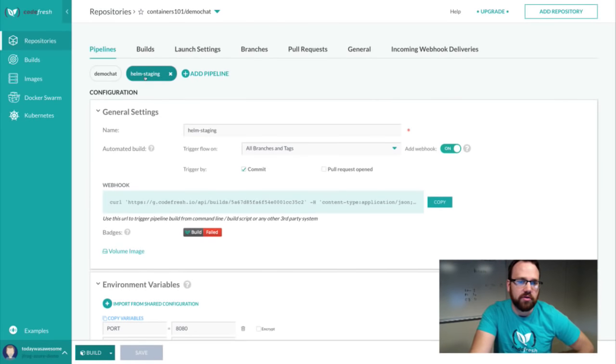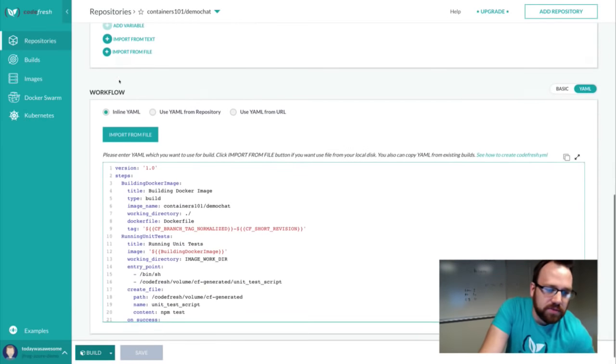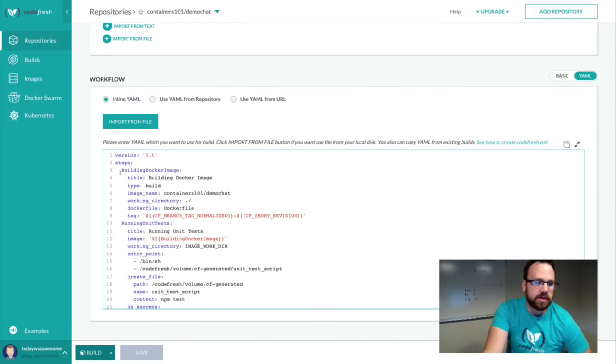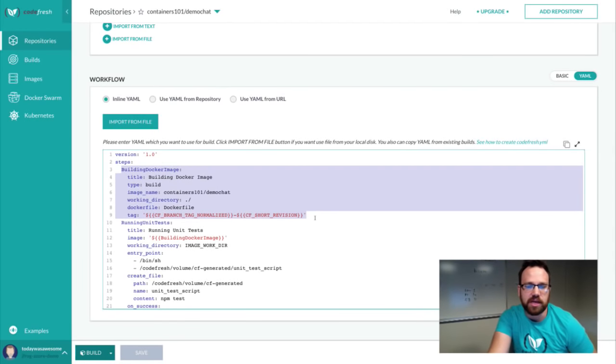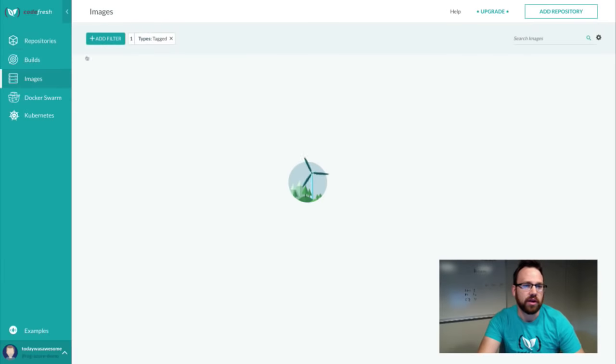The pipeline I created is this one. Now, this pipeline basically has a couple of steps. First, it's going to build the image. And one of the things that you'll see that I'm doing, and this is something I would suggest as a best practice, is I'm tagging this image with a combination of the branch and the revision, which is the short version of the commit SHA, which you can see if you were looking at an image, for instance,